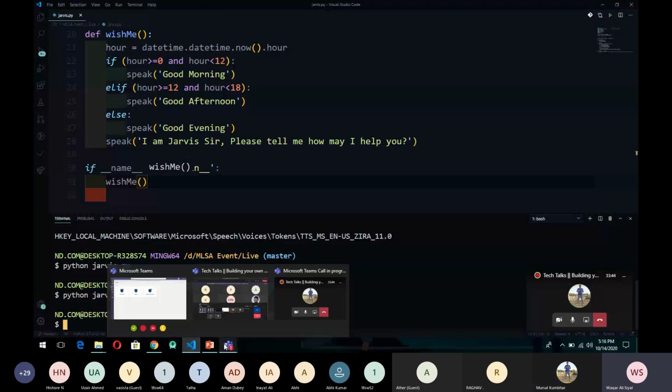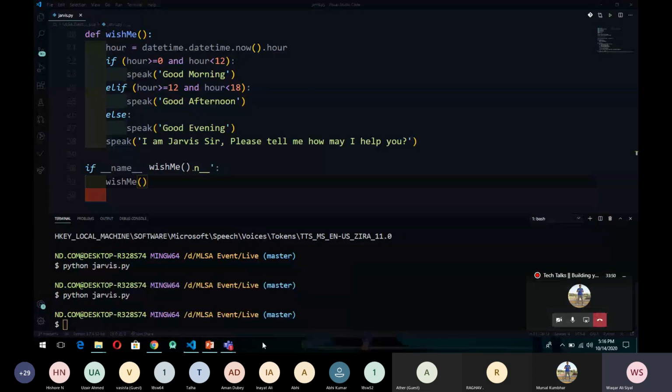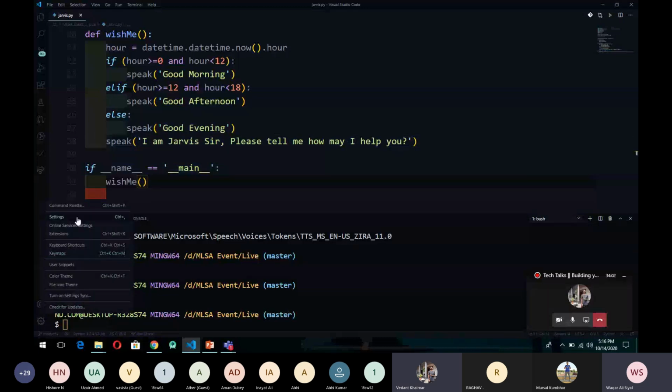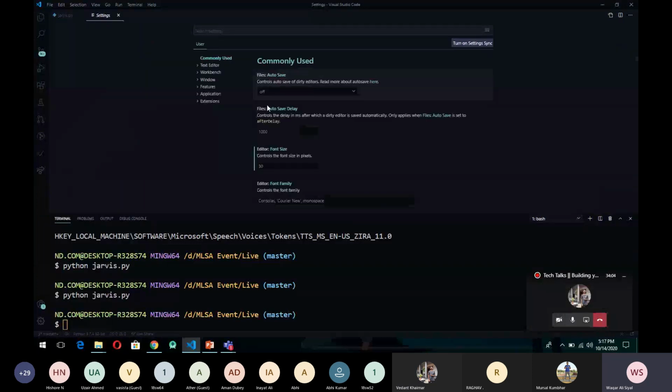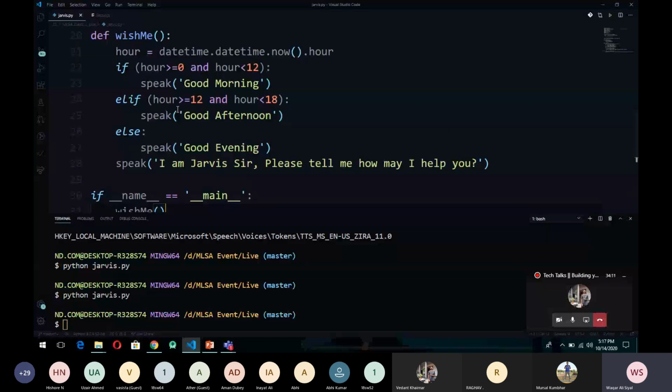Did you get the button? Yes, I have. Please increase the font size for the command prompt or terminal, or for the code editor. Okay. So it's visible now. Yeah, perfect.